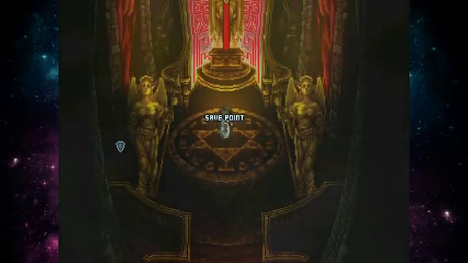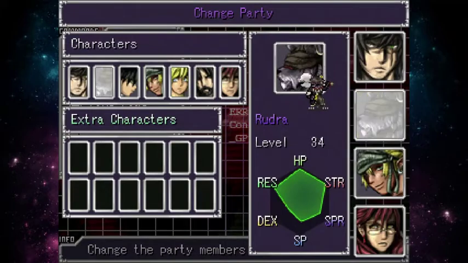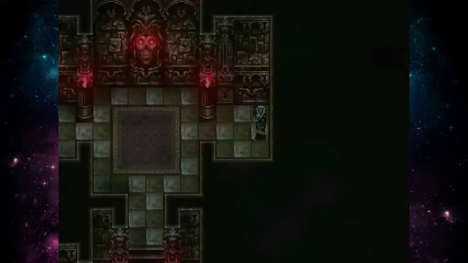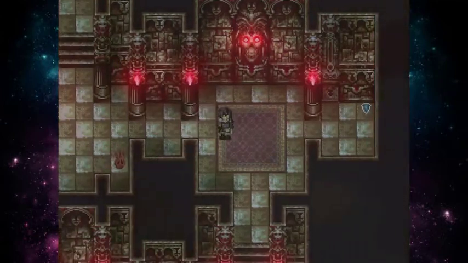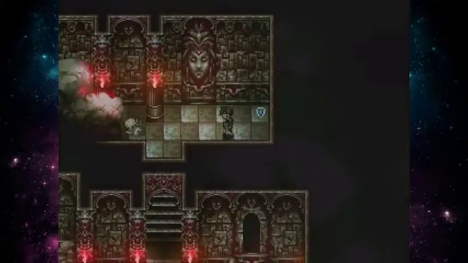It's worth mentioning that if you want to make this place a bit less annoying, you can just put Ruder in the party. At least that will slow down the enemies a bit, so you don't have to dodge them all the way to the boss. And, well, you still have to dodge them, but it'll be much easier to just go past them. Meanwhile...